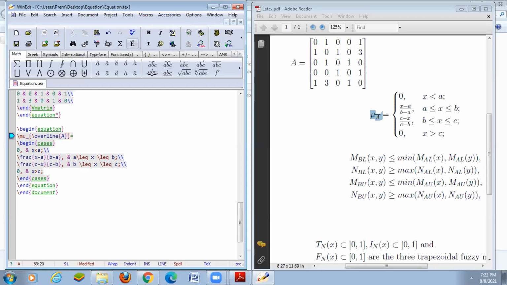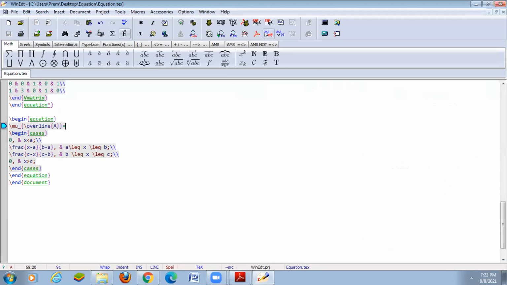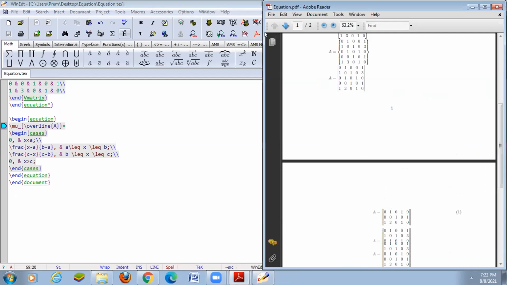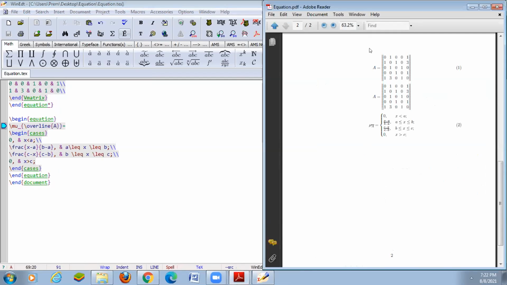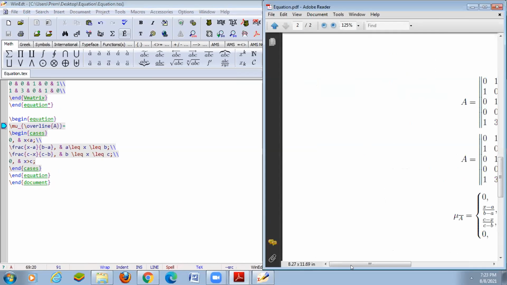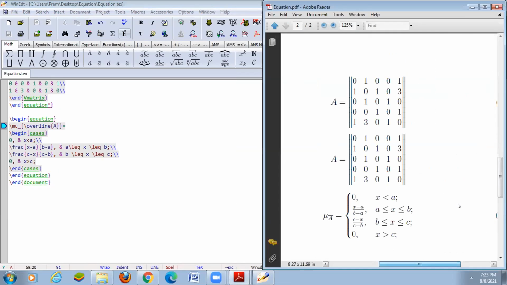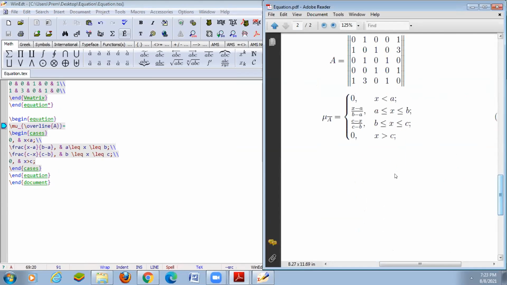So it's equal to the braces. So mu a bar is equal to the value, the braces of that value. So this is the second equation.